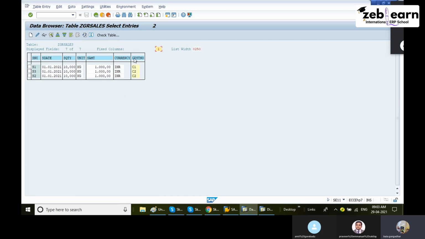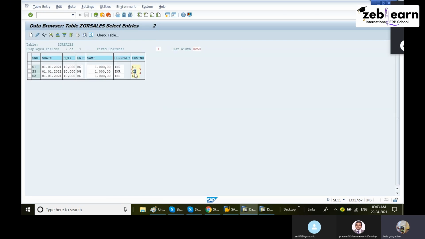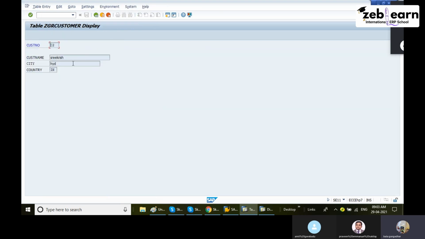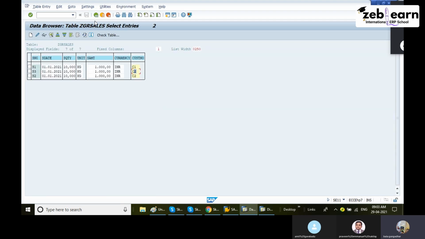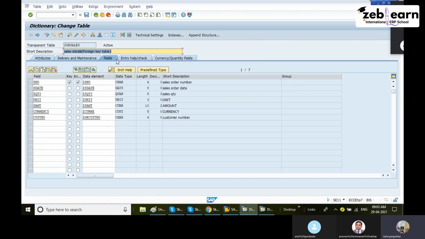Means now if I want to see this customer name information, I can select my this customer number. If I click here check table, only I can view the customer C1 data. If I select the second key, sorry, C2, only that second data I can see. Okay, this is the linking between primary key and foreign key, but we just created two connections,